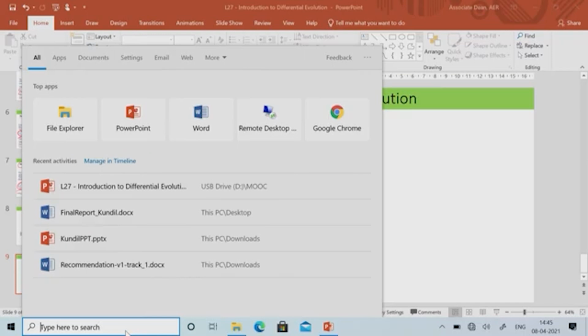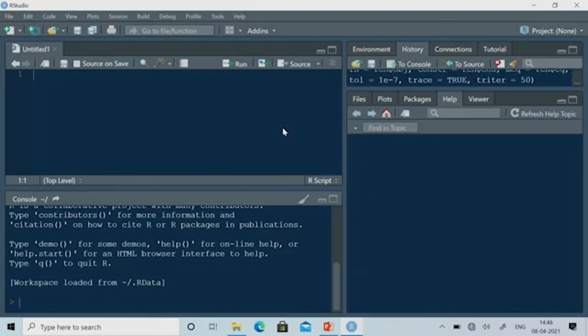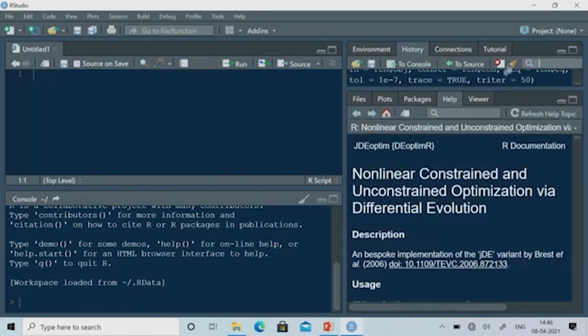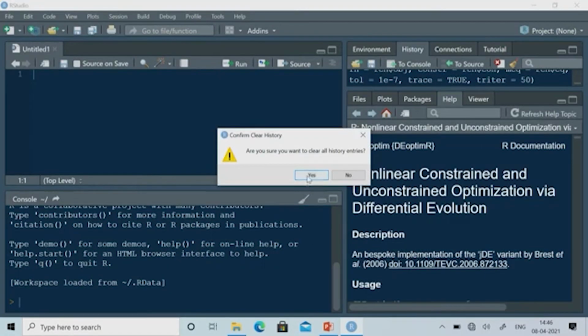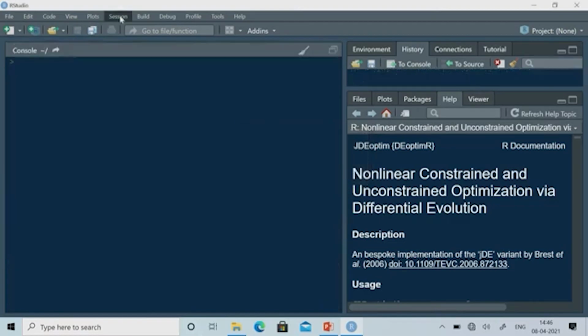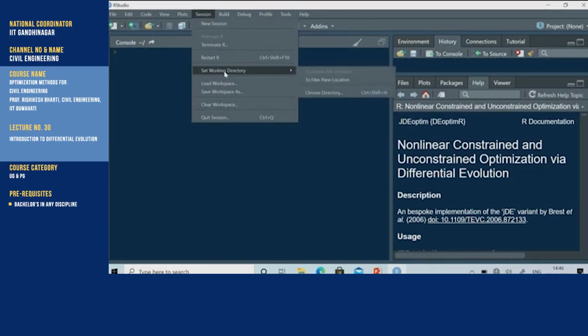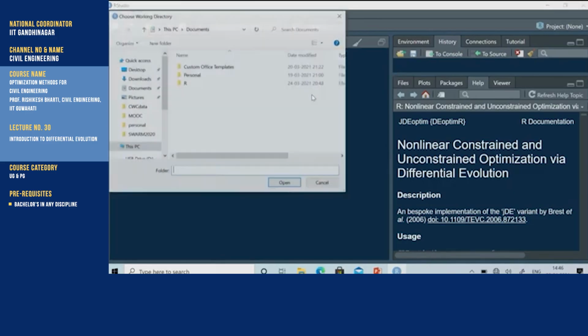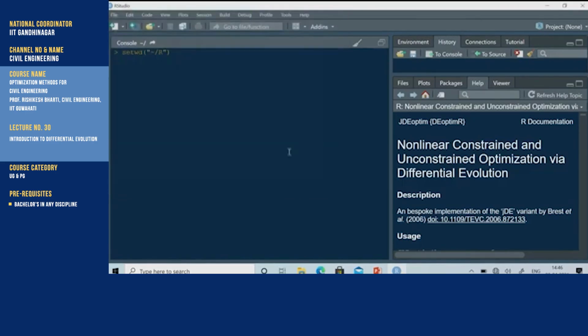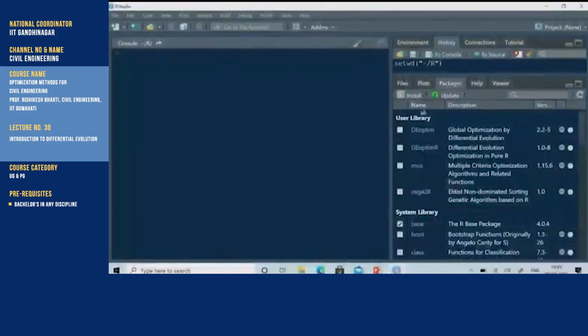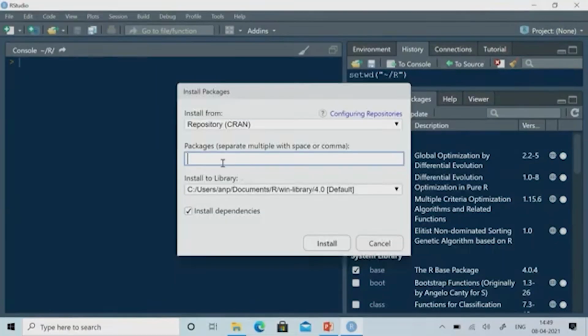Let us now open RStudio. So, this is RStudio. Maybe I would like to clear the environment. Now, let us select a working directory. So, I will be working here. I will be using the DEoptim package here. So, let us install that one. I have already installed it, but I would like to show you how you can install. You can go to install and write here